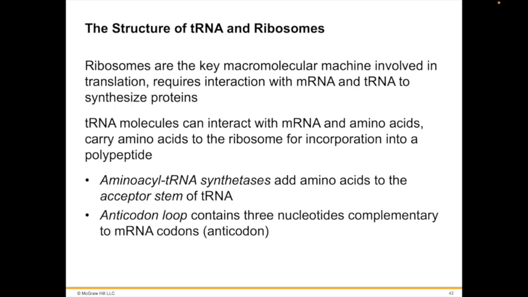The ribosome is the key macromolecular machine involved in translation, but it requires the participation of mRNA, tRNA, and a host of other factors. Critical to this process is the interaction of ribosomes with tRNA and mRNA. To understand this, we first examine the structure of the tRNA adapter molecule